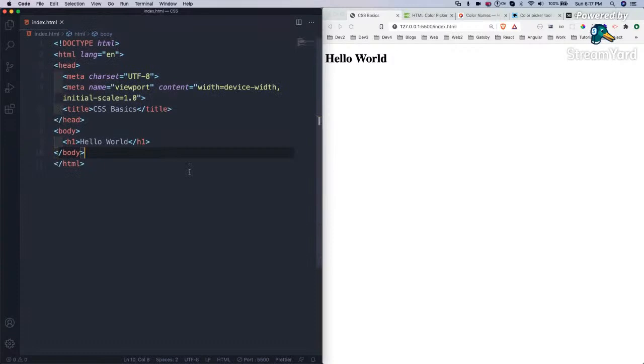So this hello world is there. The first thing I was going to tell is the inline CSS. Inline CSS is generally not preferred that much, but a lot of times developers use it when they want to do something quickly, and even in production systems we use it a lot.